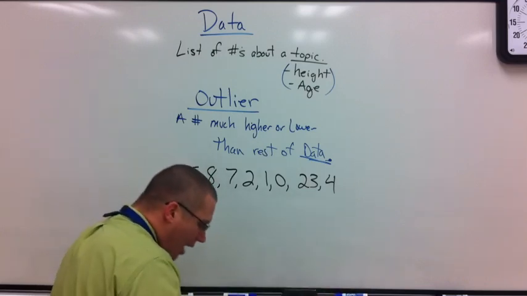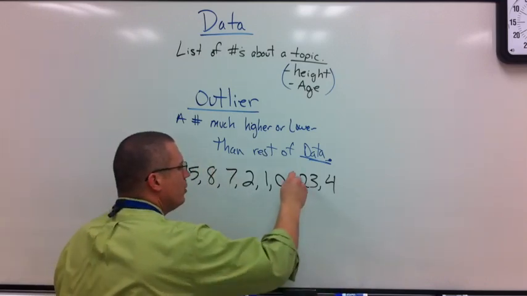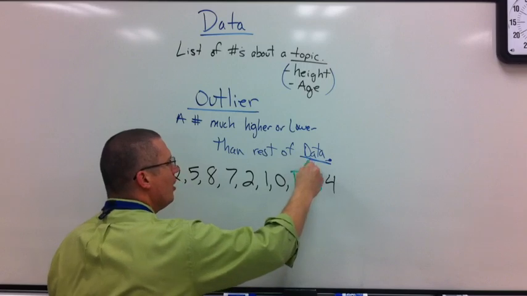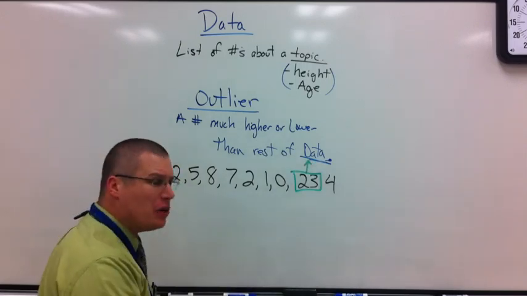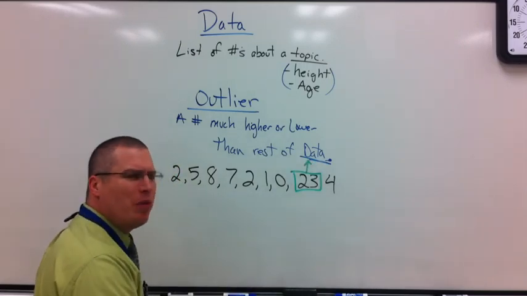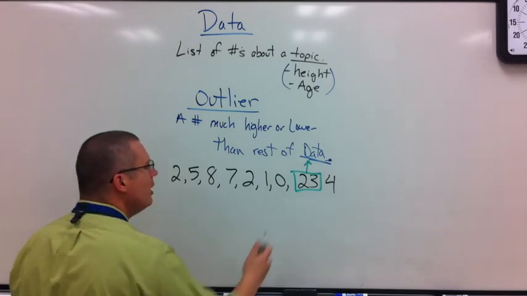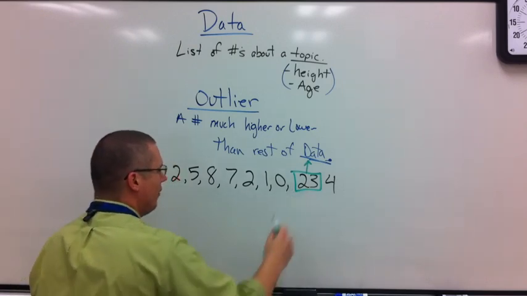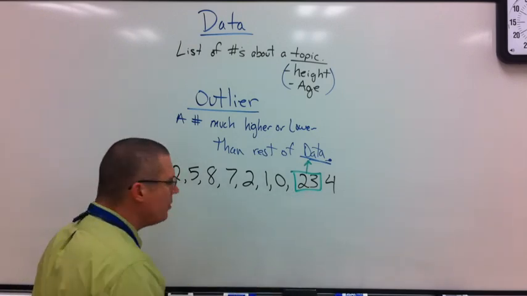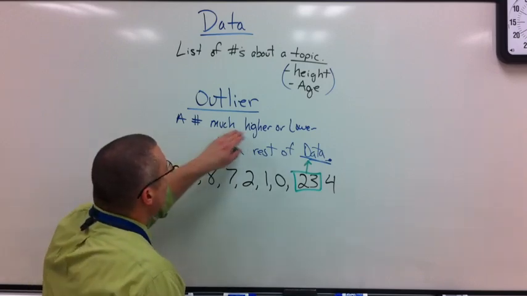What some would say, obviously, is 23. 23 is much higher than all the others. And yes, if you had 23 brothers and sisters, that would be a very high number. This number is a lot different. Now what you have to watch is this. It's a number much higher